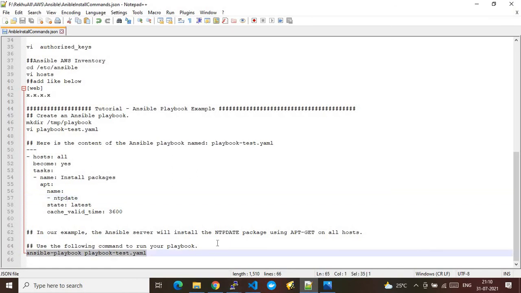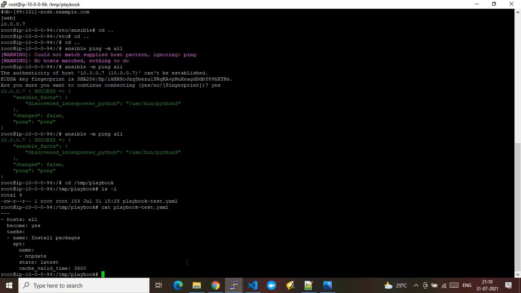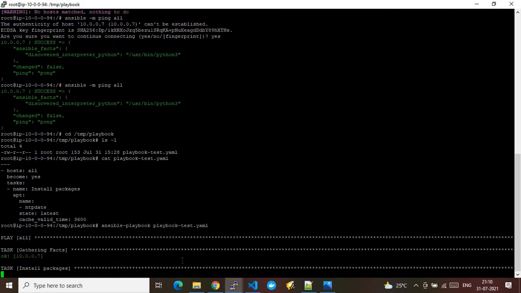Let's run this playbook by running this command called ansible-playbook. That is a keyword of Ansible, which will invoke this playbook against the targeted host group. Let me do that. Here you go. It started to execute that command against the Ansible client node. It will take some time because it is installing the package on that node. Here we have not installed any software, but Ansible is able to communicate to our client node, and it is doing the required configuration.